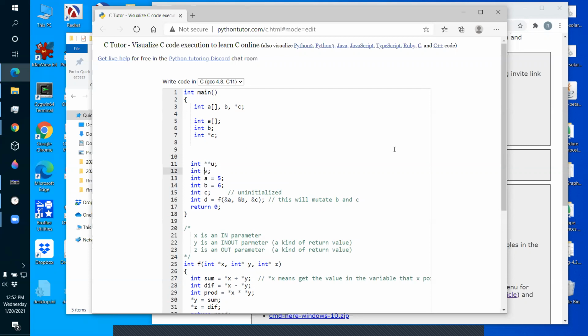Don't declare multiple variables on one line. The only time it's really okay to declare multiple variables on one line is if you do this: int A, B, C. That's okay, they're all ints. There's nothing to be confused about there. No one's going to gripe about that, though some companies do have a hard and fast rule: only one variable declaration per line. But this is usually not going to cause problems. But don't mix up